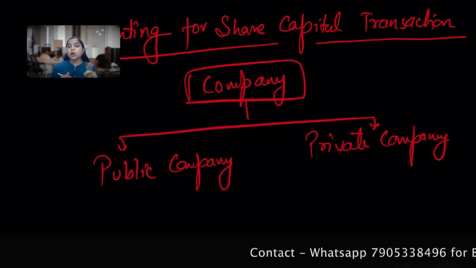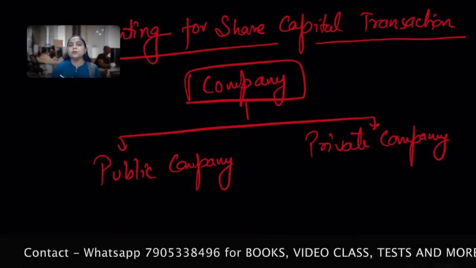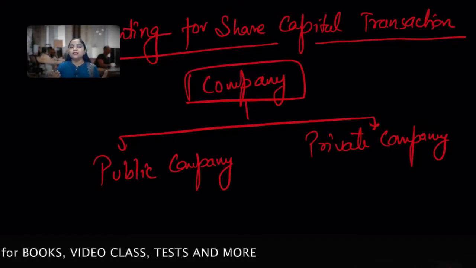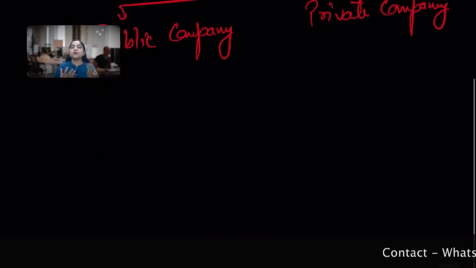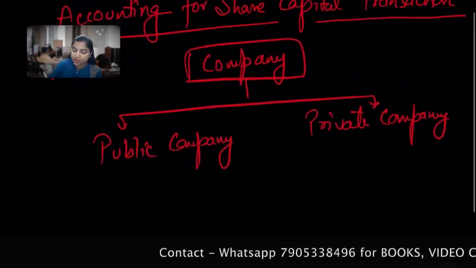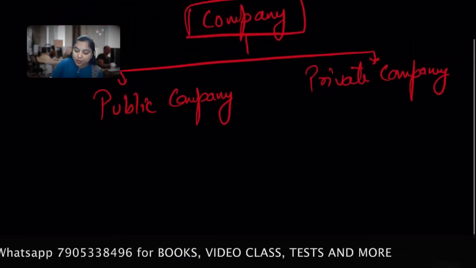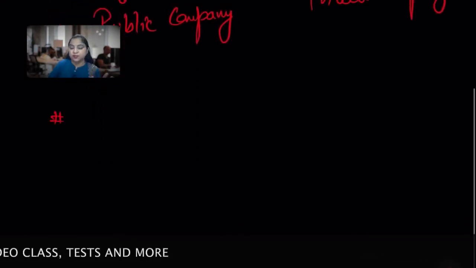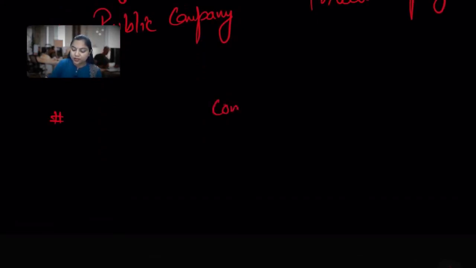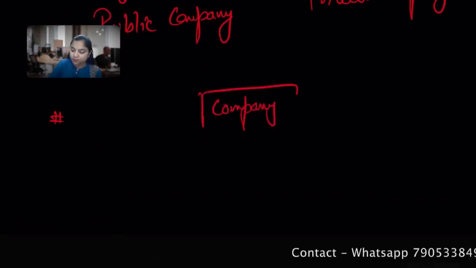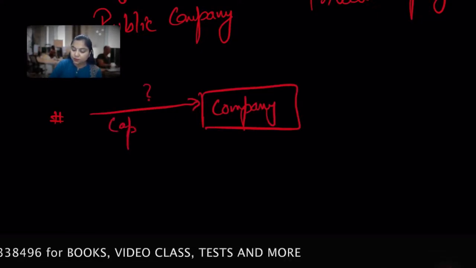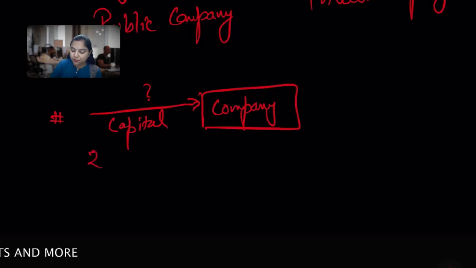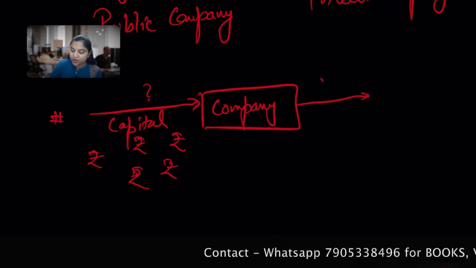So I hope you can now quickly recall what a private company is and what a public limited company is all about. And these companies issue shares to raise the capital. How are they raising the capital? I'm just connecting the dots because I want you to recall small points, and it fetches you good marks in your answer writing. So these companies need something. What is it? They need some capital. They need some money. Obviously, they need money to